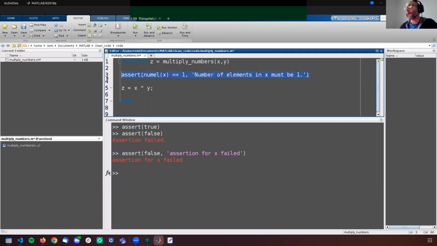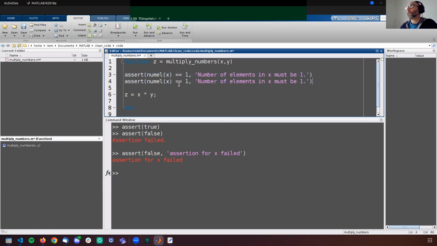And then we can do the same for Y, exactly. This would be how you would use assert to check that the values you pass to your functions are appropriate.